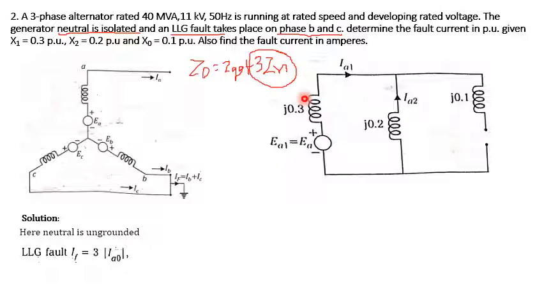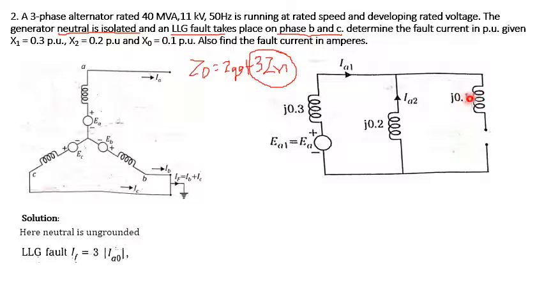So if it is not grounded, then what will happen? The circuit is going to be open. However, there is a presence of positive and negative sequence and Zg0, or Xg0, whatever you can consider. Because the neutral is isolated or ungrounded, we need to open the switch. If the switch gets open, what will happen? The current is not flowing across point 1.